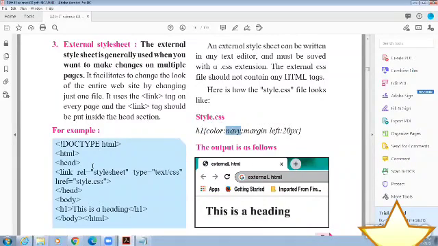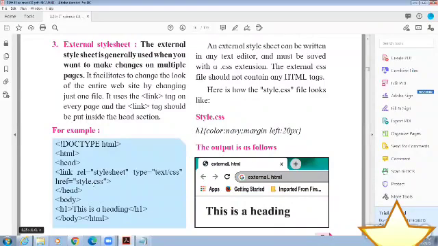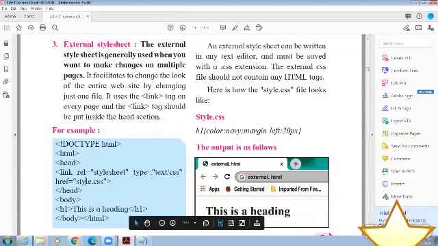Got it? Means your HTML file, the .html file, is linked with the style.css file by using which tag? Link tag. And for that link tag, the reference is given as style.css. Means whatever selectors along with properties and values are given, all that will be applied for this page. That is the use of external CSS.